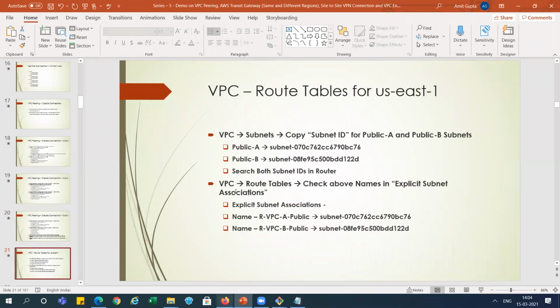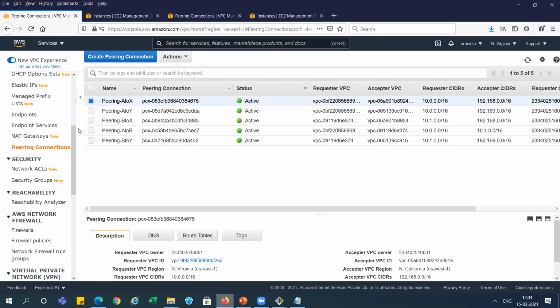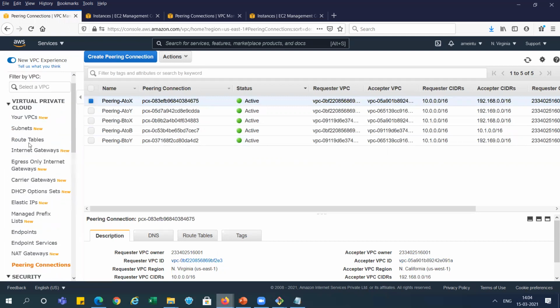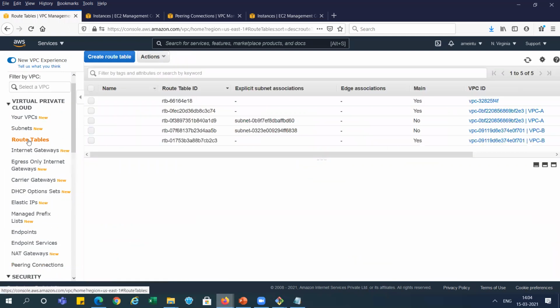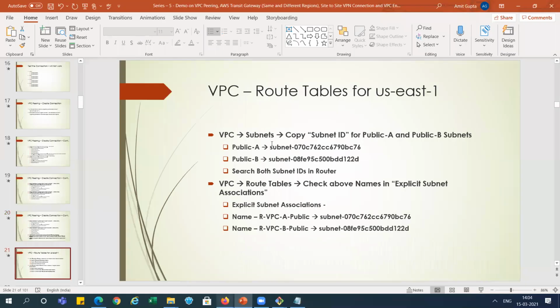Now what we need to do, we need to go to the route table and add those entries to the route table also, right? So we need to go first to the route table for the US East one, because we need to define our flow for that route table. The route tables, we are going over there, and which route table we need to define here.